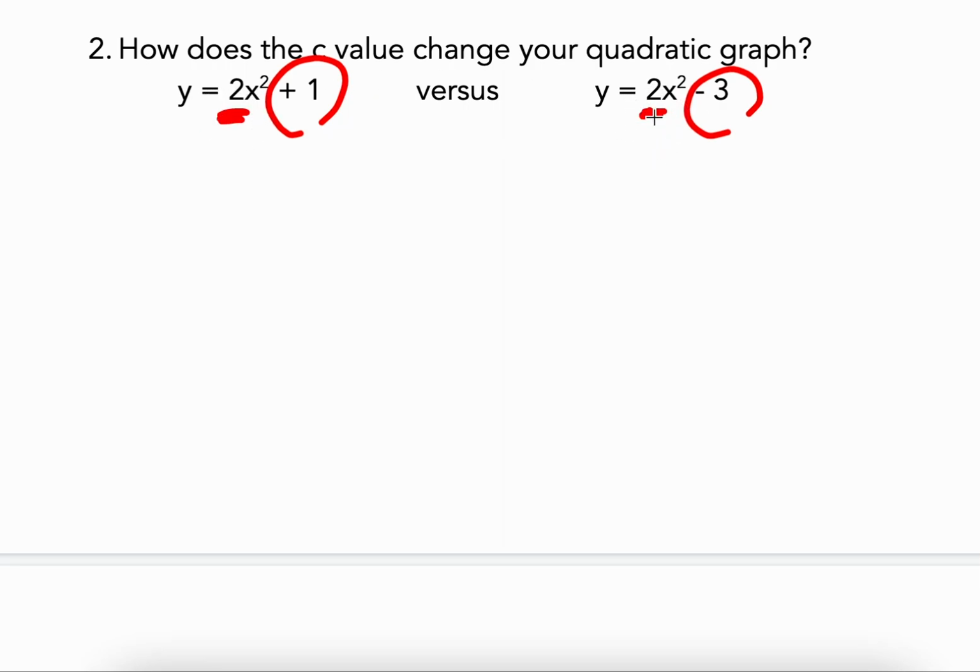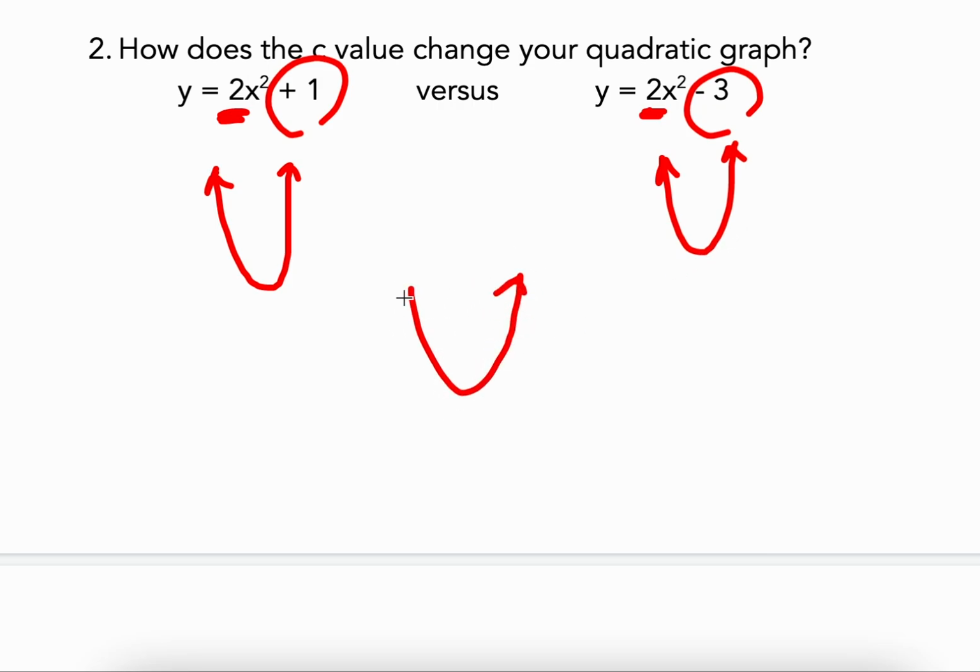So is your graph going to be really wide or really narrow compared to your general x squared graph? If you said narrow, you are correct, right? Because multiplying by 2 in the beginning is going to create bigger y values. So it's going to have to reach really high for the big numbers. Okay, so in general, our graphs are going to look like this, kind of narrow, not your generic one,